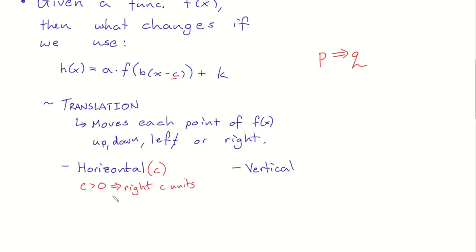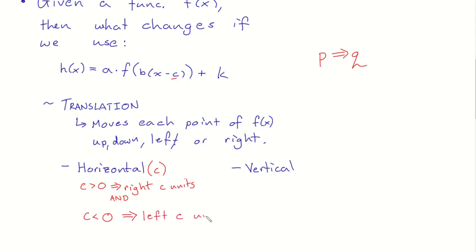Alternatively, I'm going to say and, just so we can really split the difference. What's the other side of the statement going to be? What if C is less than 0? What did it do? Left, sorry. Now, the super weird part, if C is less than 0, then we move the whole graph left